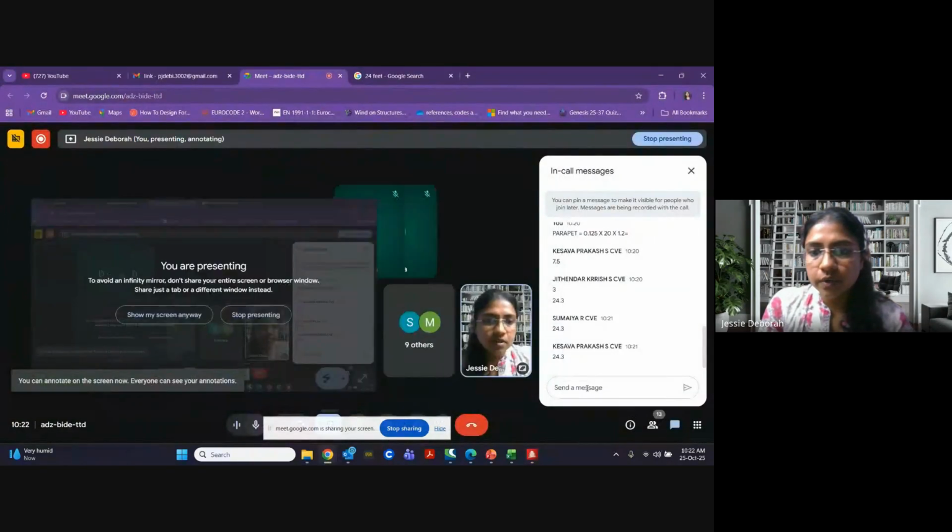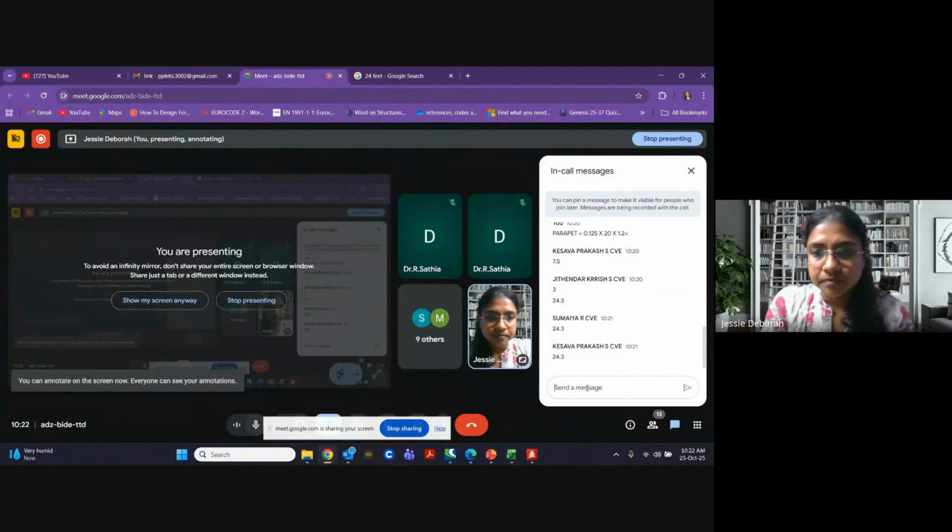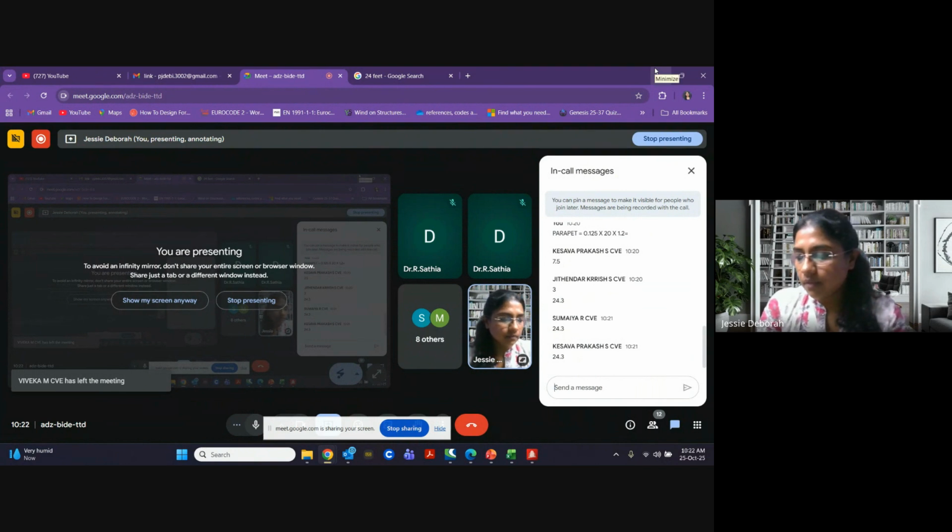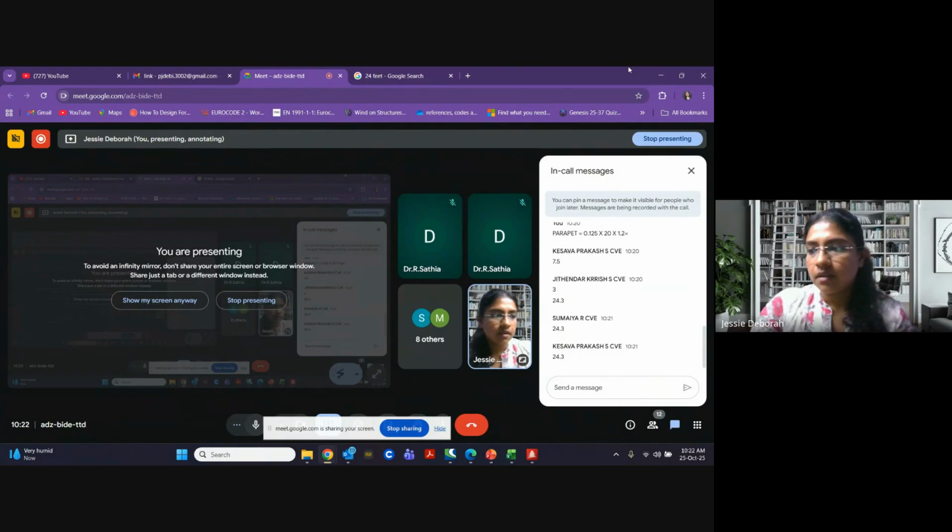Where is this load going to come? Now, floor load. Okay.